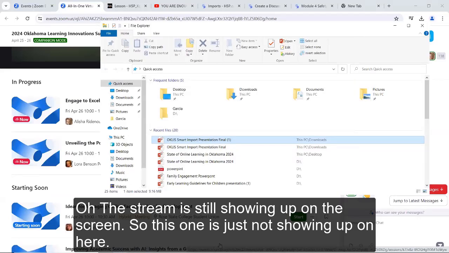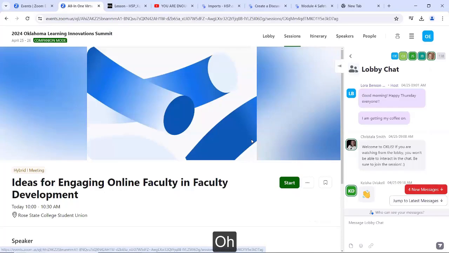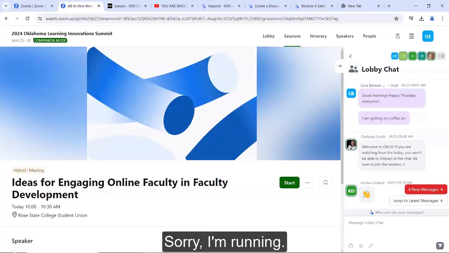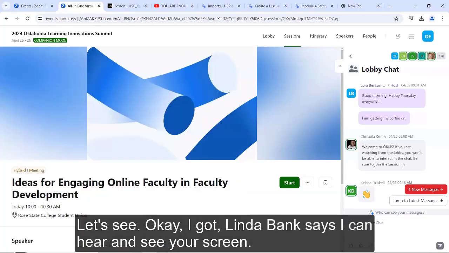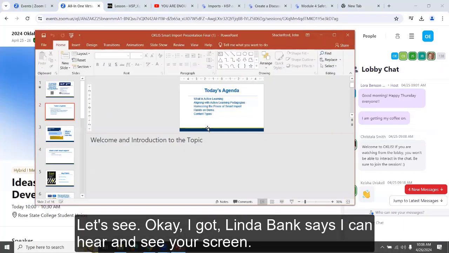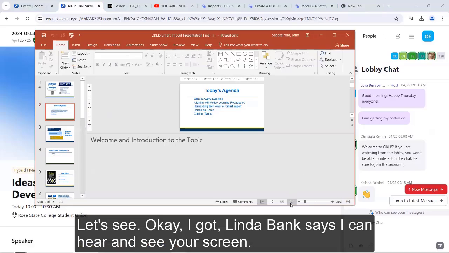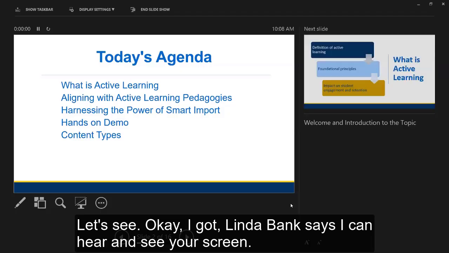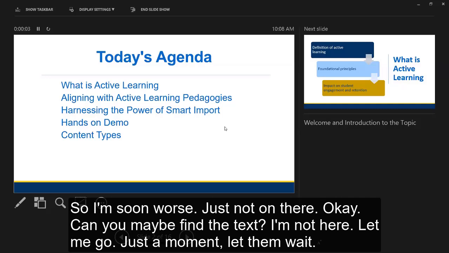It's just not showing up on there. Okay, I got Linda Banks says I can hear and see your screen, so on Zoom we're seeing it. Just not on there. Can you maybe find a tech and let them know?